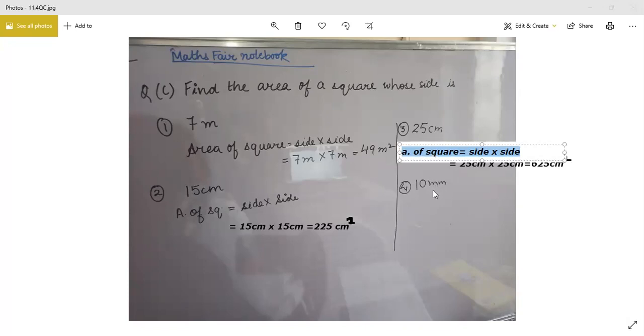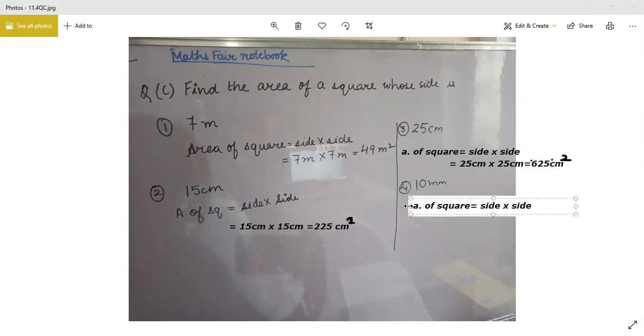Okay, last one again. We will write here area of square is equals to side multiply by side. Here then we equals to 10 multiply by 10 millimeter. Here mm means millimeter. 10 millimeter multiply by 10 millimeter, which is equals to 10, 10 से 20 देखा मैंने लिखा हुआ बेटा. We are not adding it, we are multiplying it. It will be 100 millimeter का square. 100 millimeter और इसके ऊपर आ जाएगा आपका square. Millimeter के ऊपर there will be small power of 2. Do it quickly, जल्दी से करो, complete it.